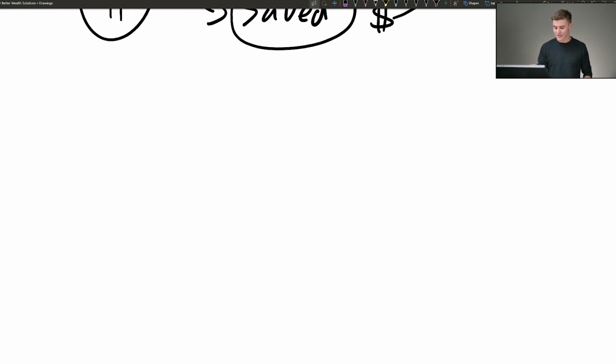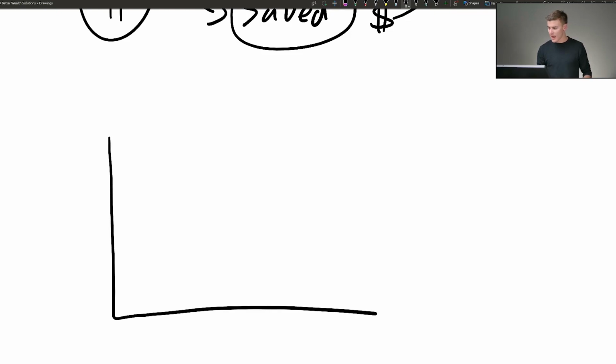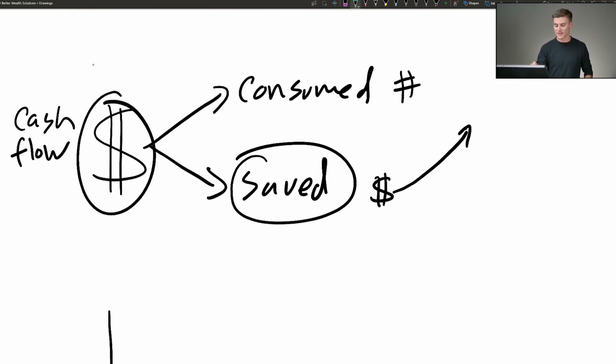Now, how I draw this out is I'm drawing just a little graph. And what we have to understand is there's this thing called inflation. And inflation pretty much is making our dollars less valuable. In other words, it takes more money to maintain what we're currently used to living. So let's say, for example, just to make this simple, we were making $100,000 as a family. We were saving $10,000 and we were consuming $90,000. So when it comes to taxes, when it comes to the cost of living, we spent $90,000 and it's gone forever, and $10,000 is working for us.